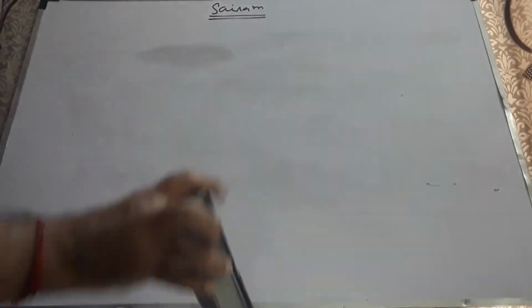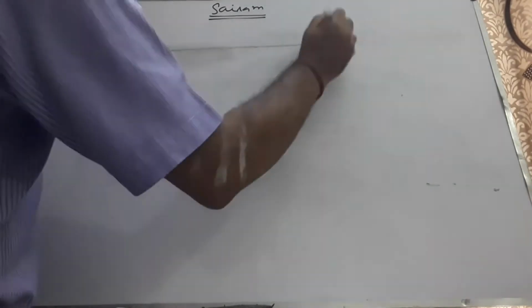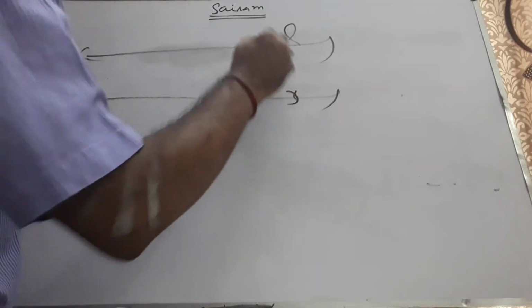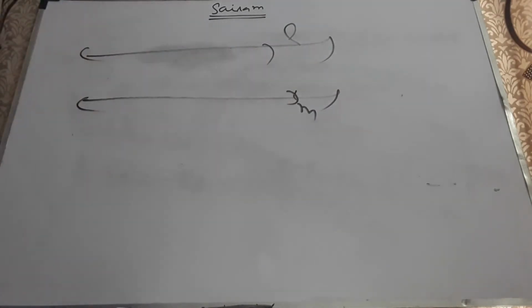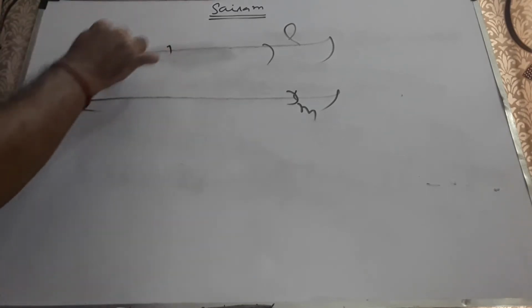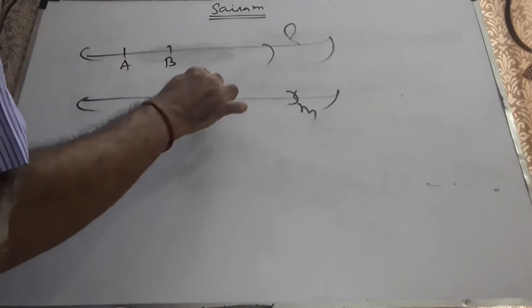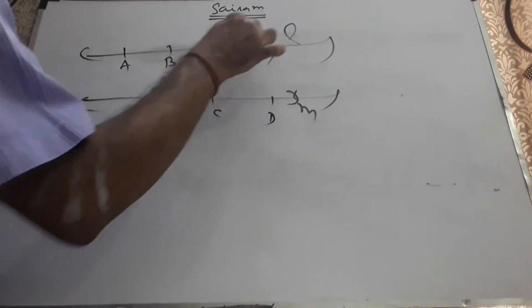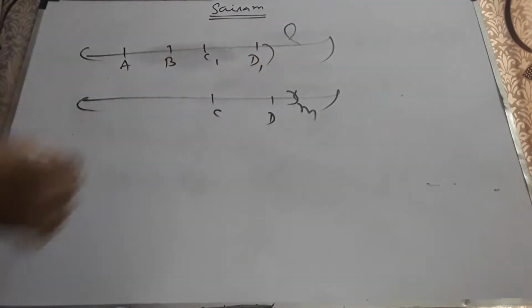Now, what I will do here is, I am given two parallel lines, let us say. Let me take line L and line M, which are parallel to each other. Let us imagine. What I do here is, I take vector AB here. I take vector CD here. I'll be able to take an equal vector C1D1 on L itself.